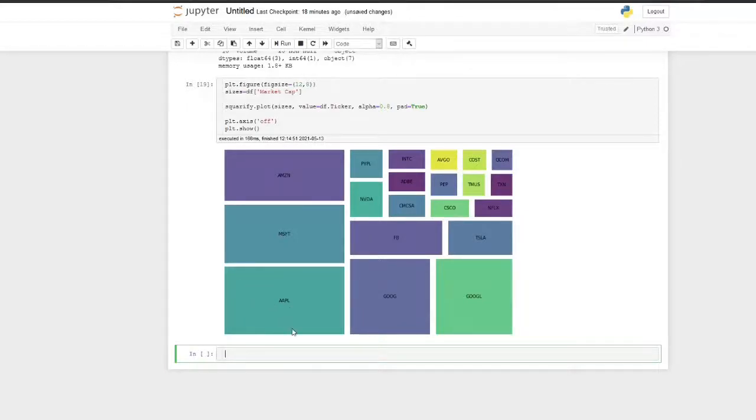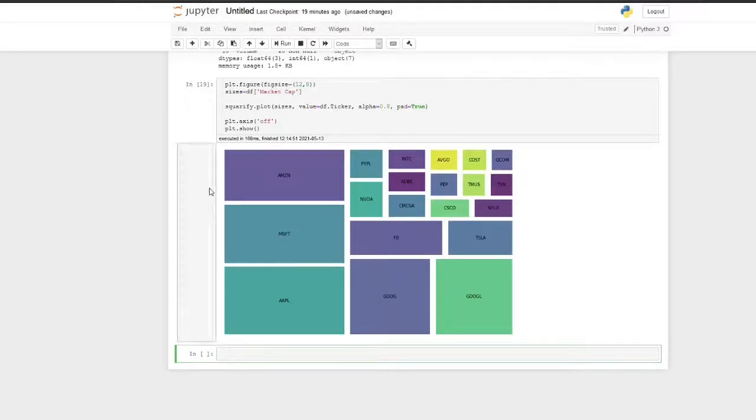Apple is the company which has the largest market cap, so it is the largest rectangle in this tree map, followed by Microsoft, Amazon, and then Google. One problem with the Squarify tree map is that if you use Tableau or Power BI to plot a tree map, all the rectangles will be arranged according to their sizes.